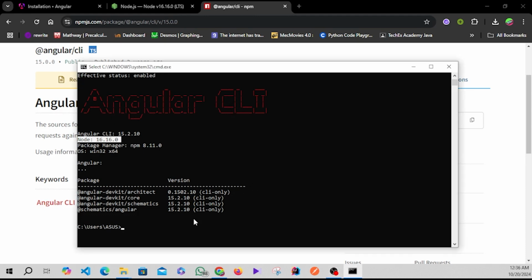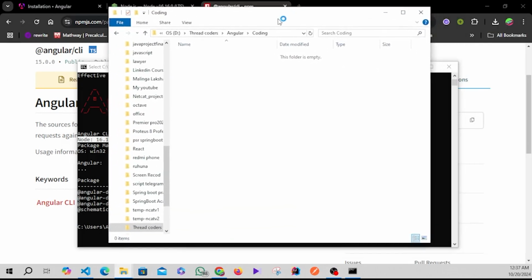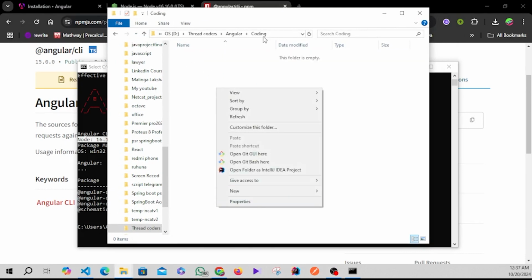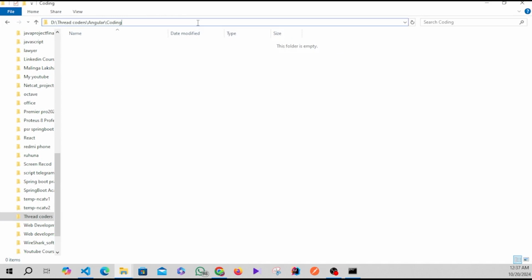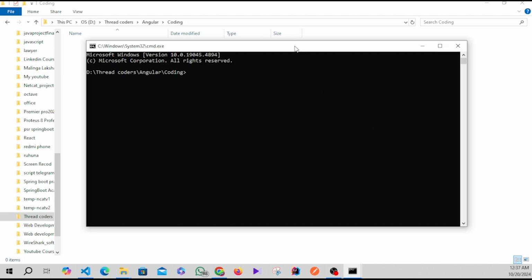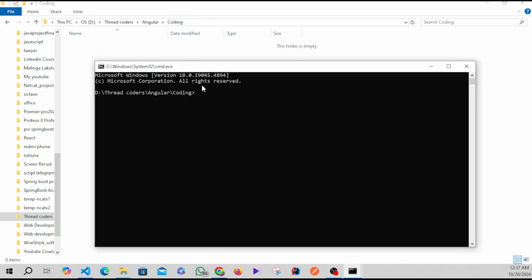So now let's move into VS Code. And I have created a new folder for this tutorial, and I open this folder using command prompt. I can do it like this. You can clear this address bar and type here cmd and enter the command prompt here, which is from this